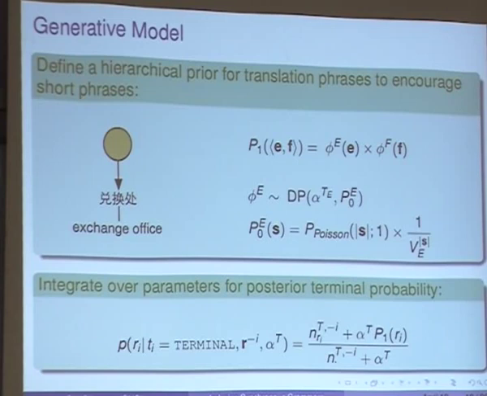I won't labor the statistics too much, but this is something that people refer to as a Dirichlet process. And we have an extra distribution in here, a Poisson. The reason that's in there is because we want to encourage the model to choose short phrases. So we have an extra prior saying we expect phrases to be short. Otherwise, the way the statistics in the model work, it'll choose bigger and bigger phrases, which we don't want. We want it to find the smallest phrases which describe the data well. And again, we end up with one of these equations which looks just like the previous one, where all we need to do is worry about counts in our data.